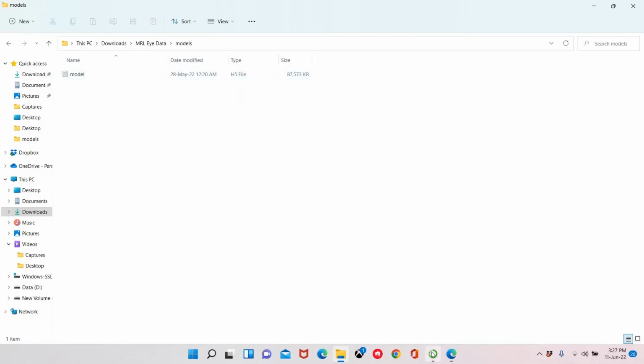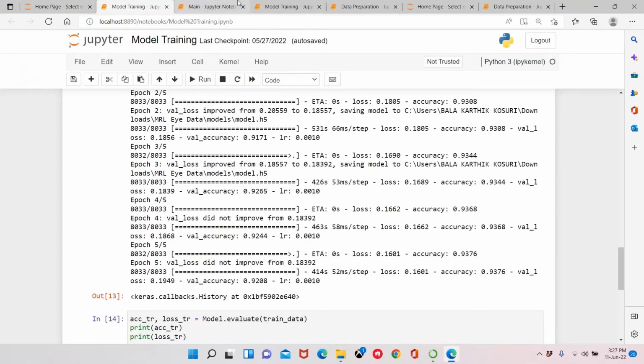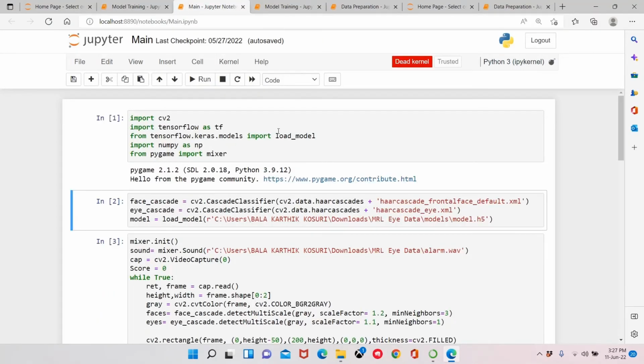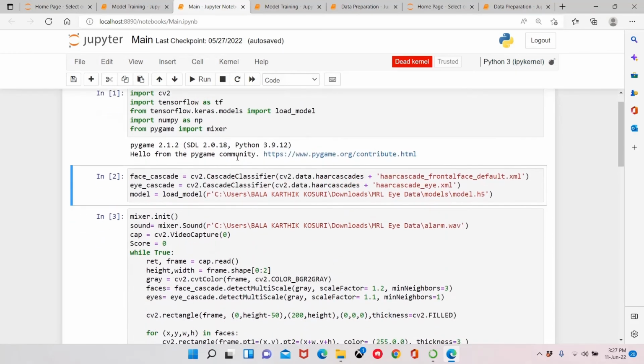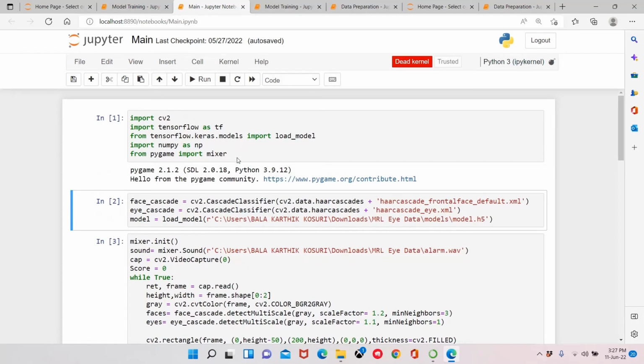Now let us go to the main program for this project, which is used to capture our face and detect the eyes and calculate the score value, which will help us to detect whether the particular expression is drowsy or not. For this we are importing the CV2 library, TensorFlow, NumPy as np, and Pygame.